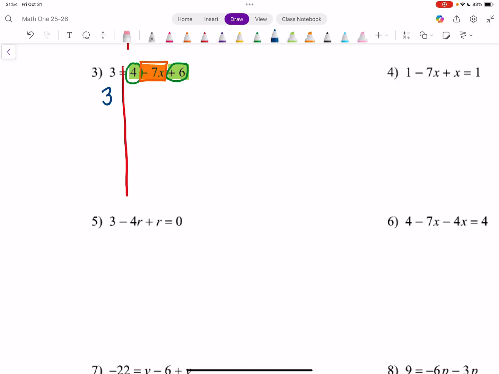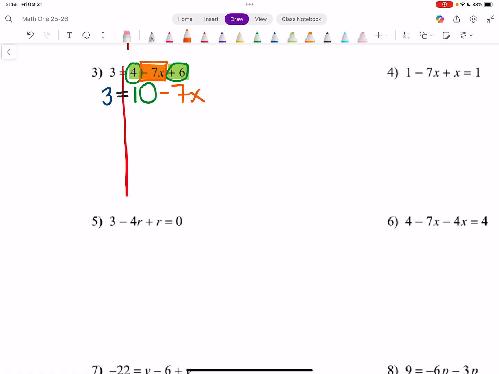I didn't do anything with the 3 on the left-hand side, so I'm going to write it again, and I'm going to write the equal sign. At this point, it doesn't matter exactly which terms we write first, but I'm just going to work from left to right here, which means I can combine the 4 and the 6. 4 added to 6 is a positive 10. And since there's no other x term for me to combine the negative 7x with, I'm simply going to write